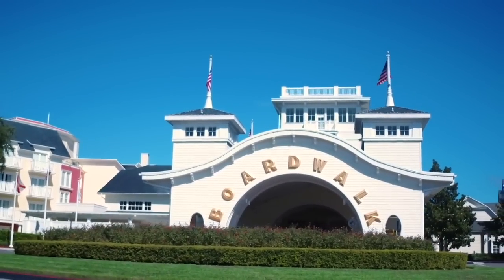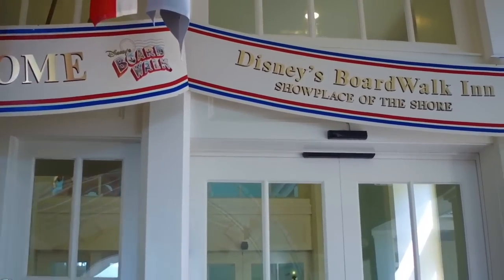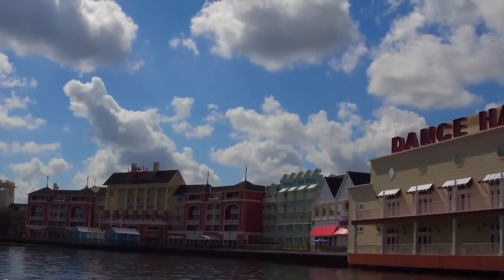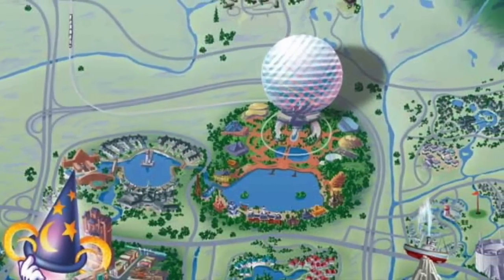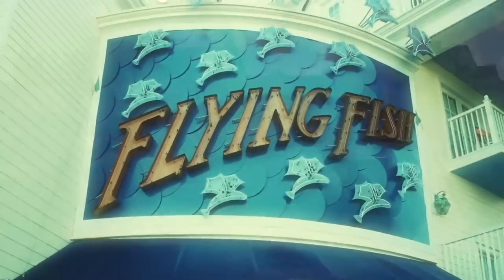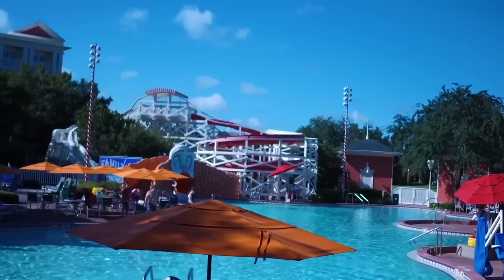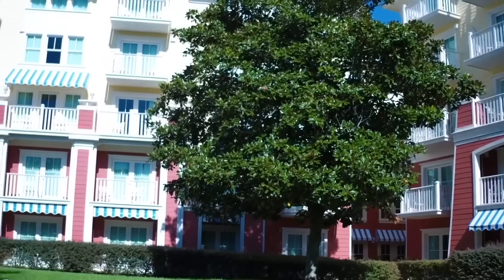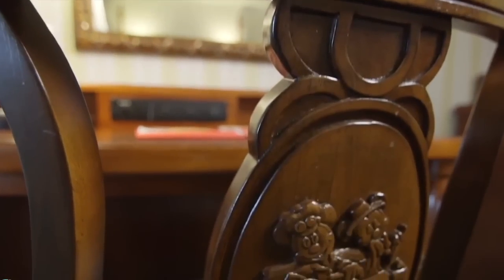Straight across the Crescent Lake from the Beach Club Resort is Disney's Boardwalk Inn. It features an authentic boardwalk reminiscent of Coney Island with many restaurants, bars, and shops. Also, with the close proximity of Epcot's World Showcase, this gives guests a complete variety of dining options. It has great facilities, including one of the best pool areas, fishing, and campfire activities, just to name a few. At $615 a night, it can be costly to stay at this deluxe resort, but with the easy access to